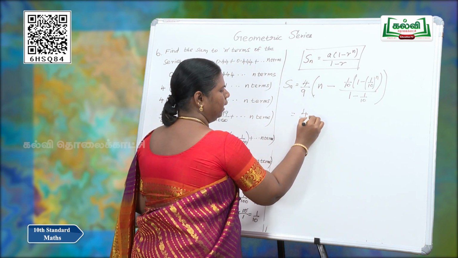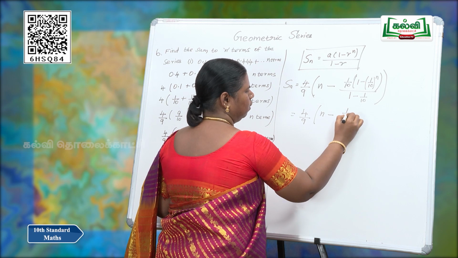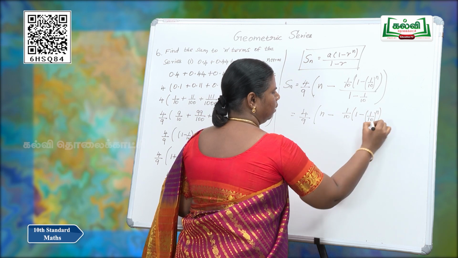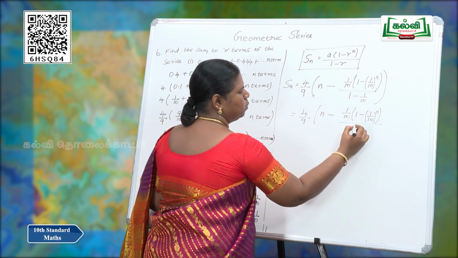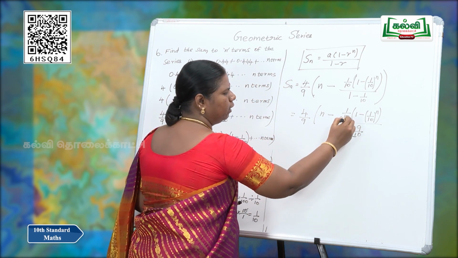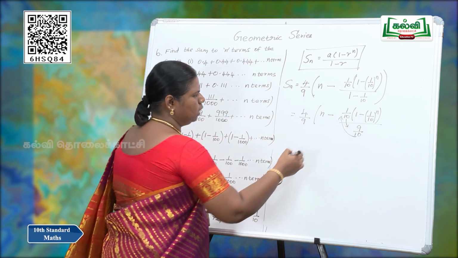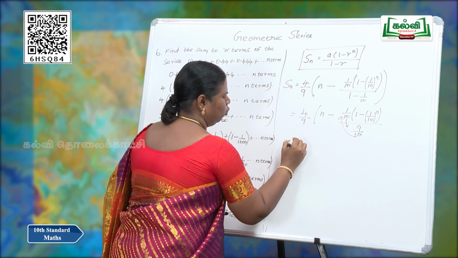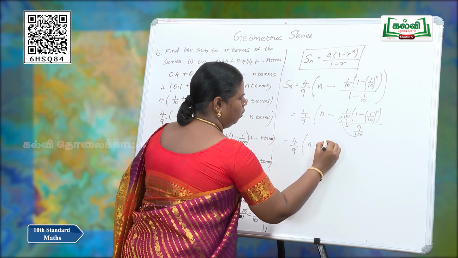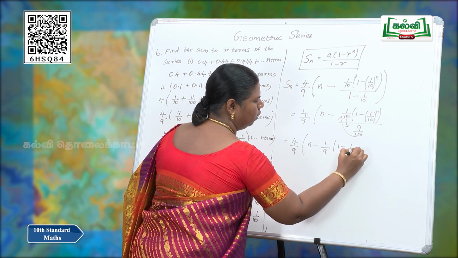So, 4 by 9 n minus 1 by 10, 1 minus 1 by 10 power n by 10 minus 1, 9 by 10. This 10 is coming down to the denominator. So, 10 will cancel. 4 by 9 n minus 1 by 9 into 1 minus 1 by 10 whole power